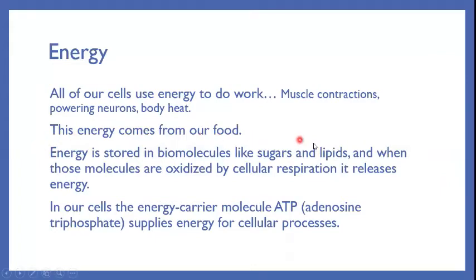That candy bar has sugars and lipids in it. And the sugars and lipids are broken down into their simplest form by the digestive system, and they're eventually carried through the blood to your individual tissue cells. Once they enter the cells, we're going to do a process called cellular respiration to release energy. This is basically where we burn the bonds between those molecules. This is kind of why you need to have oxygen. You need oxygen to allow for that burning of the bonds, which releases the energy inside of them.